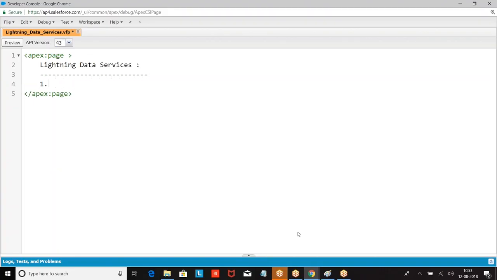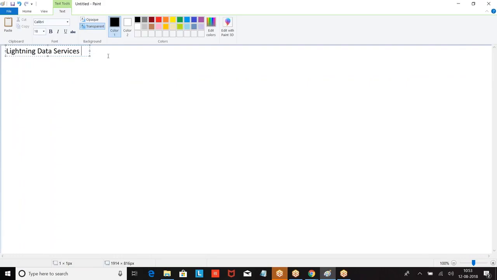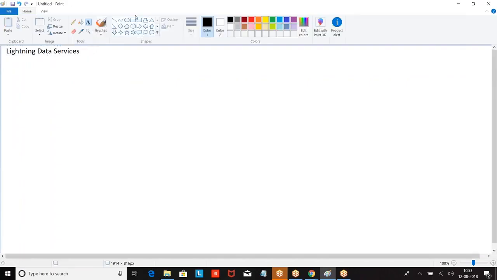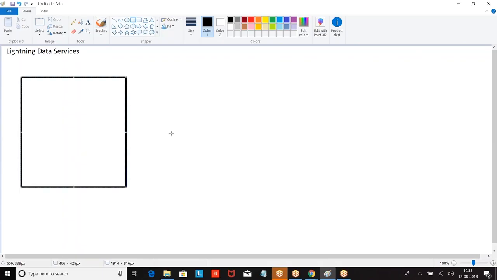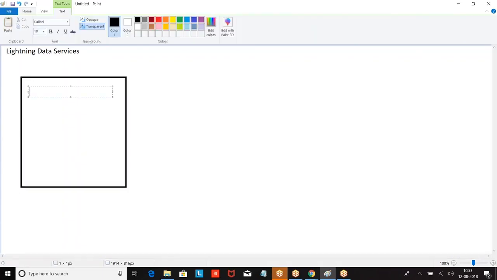Generally, if you are making any DML operation, I want to insert a record. I had a Lightning component, with a Name field.